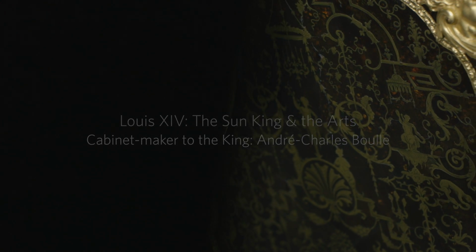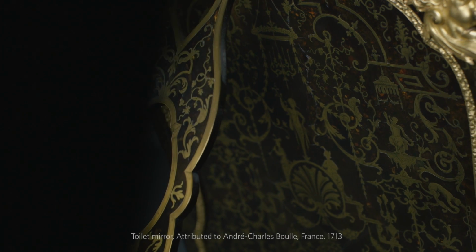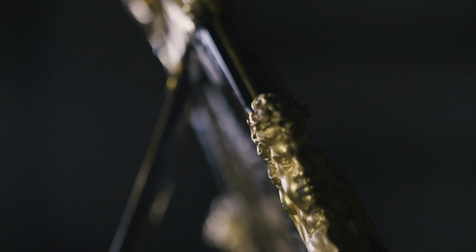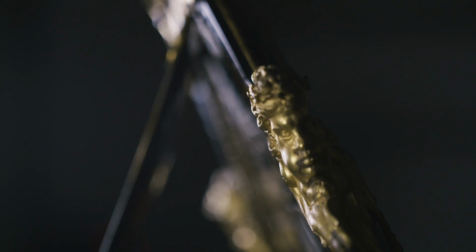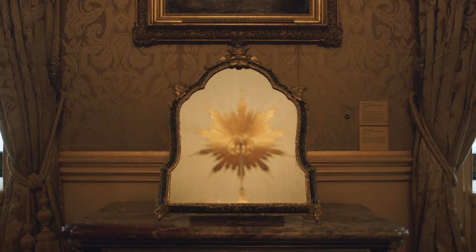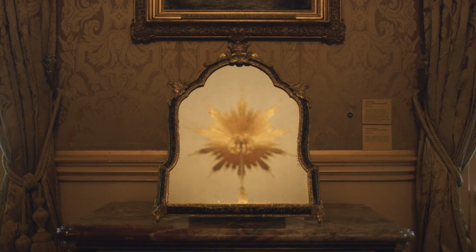This is a toilet mirror, so called because it was used by aristocratic women during the morning ritual of their toilette. We know for whom it was made, and that is the great niece of Louis XIV. She ordered it when she was 18, and it came in a big leather travelling case alongside various other objects